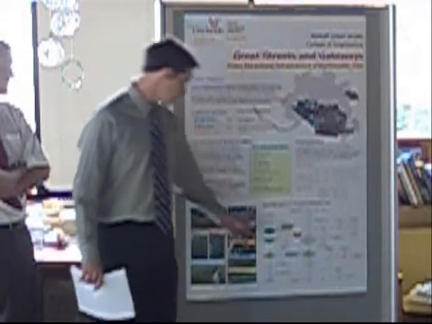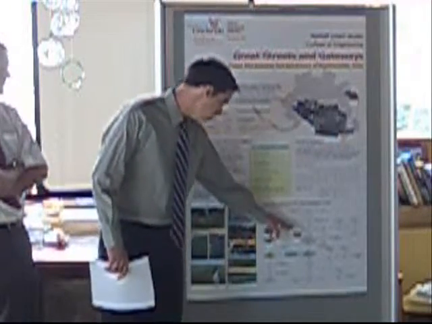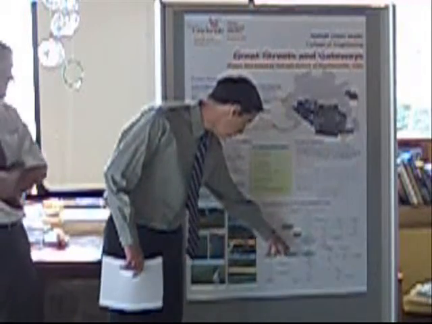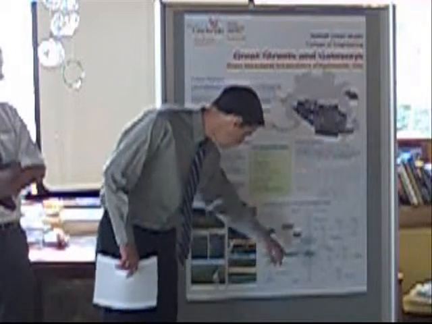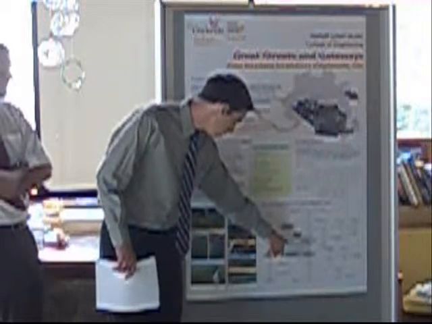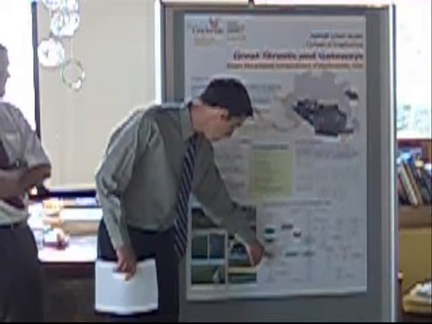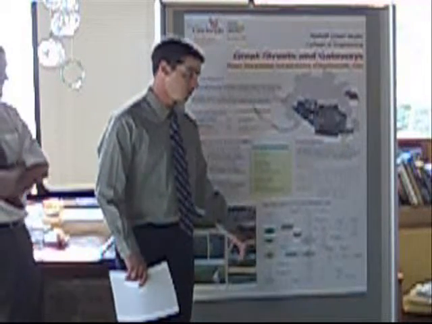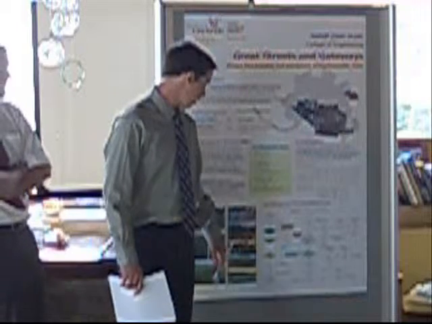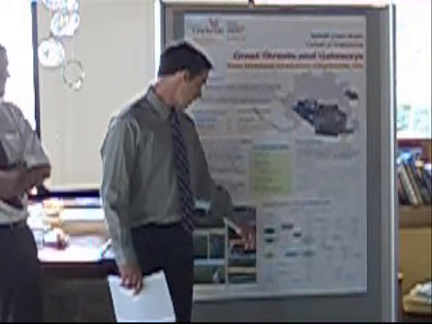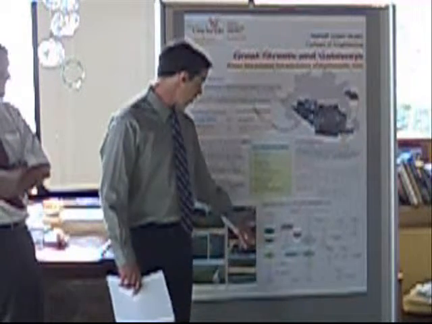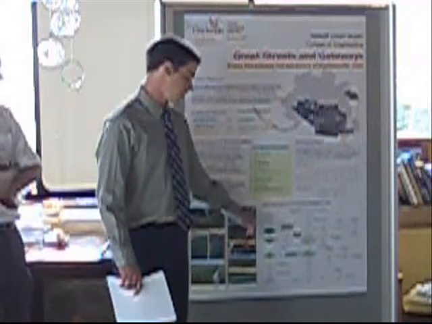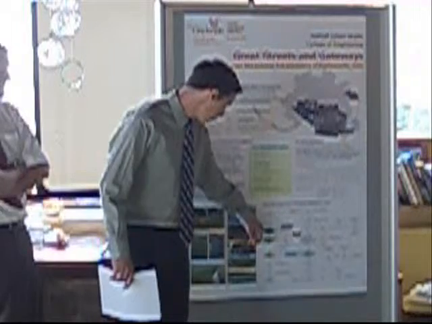I'll just get through this. Since our infiltration rate was greater than 0.5, it dropped us down to this level, and then brought us over here. Our slope was less than 8 degrees, or 8%. So it continued us on. We had a greater slope than 1%, so it brought us on up here, and